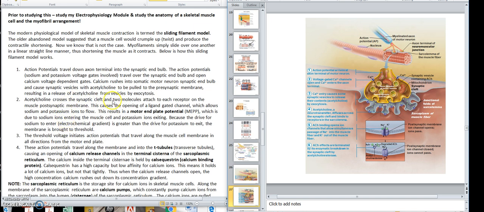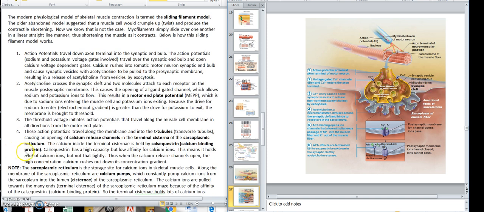Acetylcholine crosses the synaptic cleft and 2 molecules attach to each receptor on the muscle. This causes the opening of a ligand-gated channel which allows sodium to flow. This results in a motor end plate potential, to be studied, which is due to sodium ions entering the muscle cell and potassium ions exiting. Because the drive for sodium to enter is greater than potassium to exit, the membrane is brought to threshold. The threshold voltage initiates action potentials that travel along the muscle cell in all directions from this motor end plate. That's this area here. The action potentials travel along the membrane and into the T-tubules, the transverse tubules we talked about,